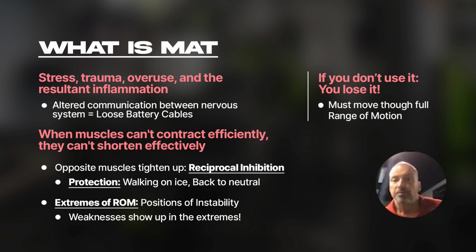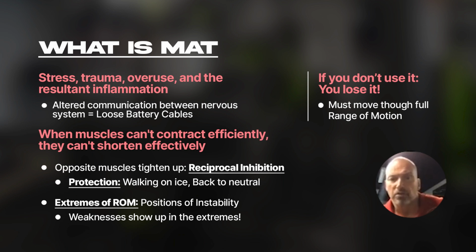And so what happens, like I said, when the body protects and it tightens up, we avoid those positions. We avoid those extremes of range of motion. That's what we're going to talk about with the conventional glute and abdominal training, is do we actually challenge the body through its full ranges of motion, or do we accommodate the dysfunction by training it in the ranges that it's comfortable in? And we'll give you a whole different perspective on muscle function and how to strengthen muscles to